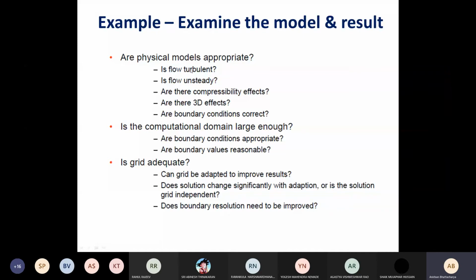Okay. So in these cases, we might have taken that the flow is laminar, steady flow. Then whether there are compressible effects or not. At high velocity, there will be compressible effects. At low velocity, there are no compressible effects. Then in many cases, we solve the problem as a 2D problem instead of 3D, because 3D problems are very time consuming. For example, the problems that we tackle, even when solving in 2D, some cases take 1 month to run. A single problem may take 1 month of computer time to run.